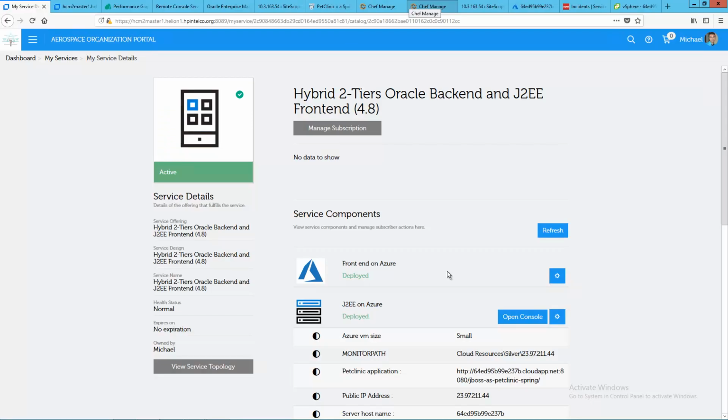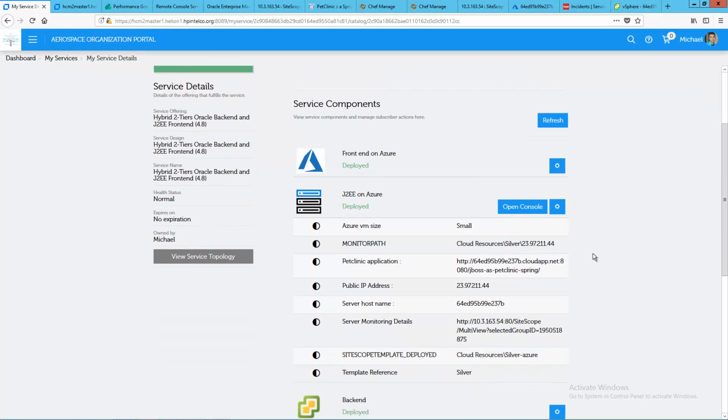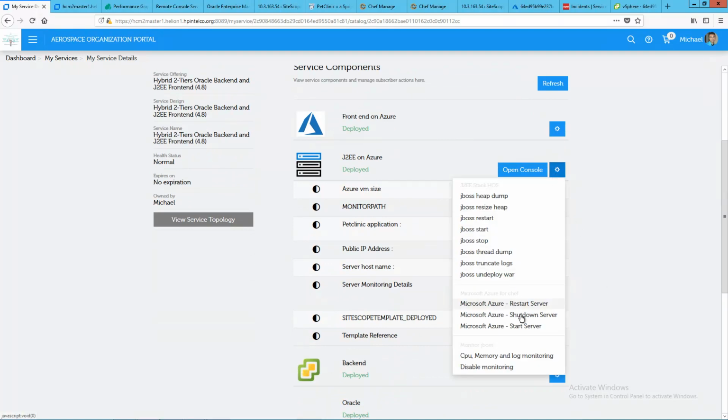Let's talk now about day 2 operation. As an end user, I can trigger some public action on each tier of my service. For example, with Microsoft Azure, I can trigger some action on the IaaS layer if I want to stop, start, restart my server. On the JBoss layer, the middleware, if I want, for example, to stop, start JBoss or resize